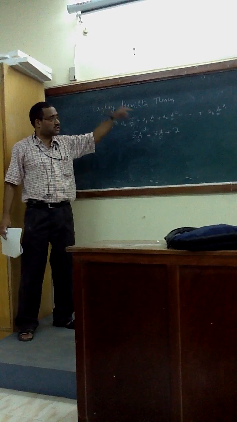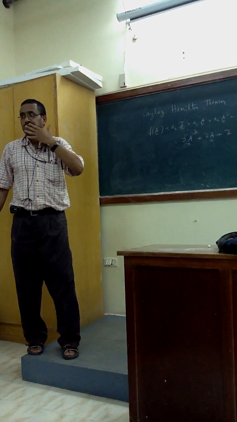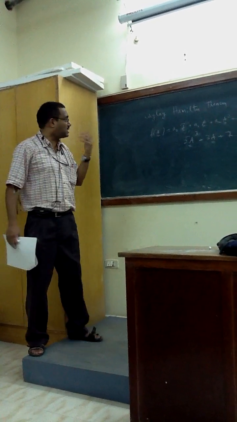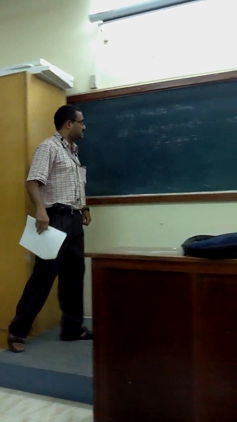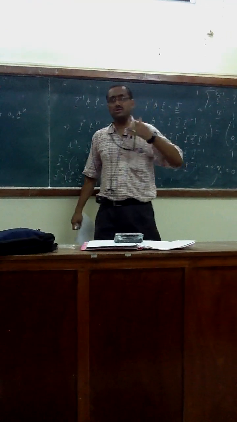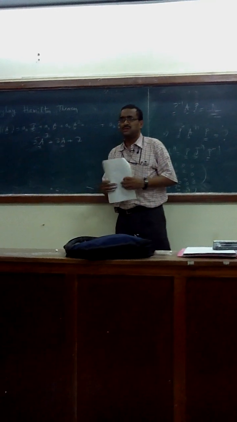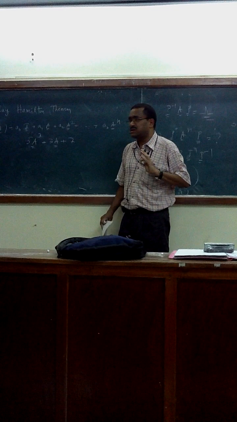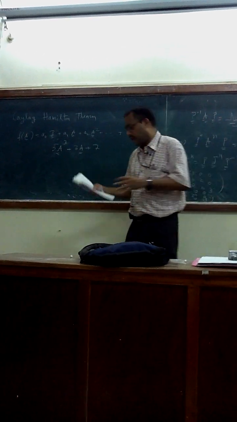How to approach with this method? I want the answer. Pardon? The characteristic equation will not work. Don't use it on school level mathematics; what we have done just now with this technique. I want the answer for 5A square plus 3A plus 7 I. How to evaluate? This is matrix algebra, you can say. How to evaluate?